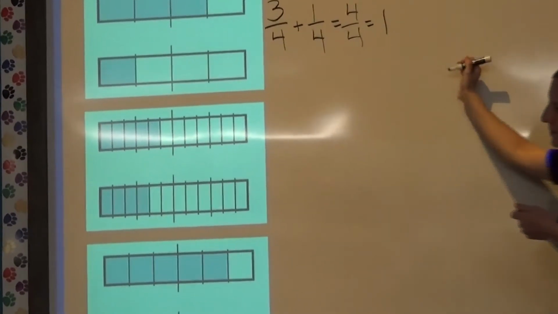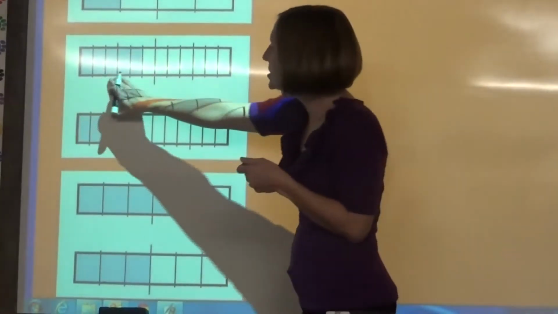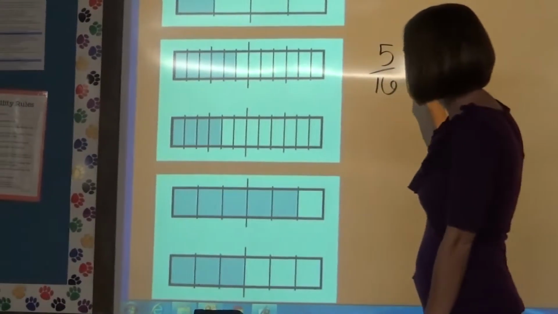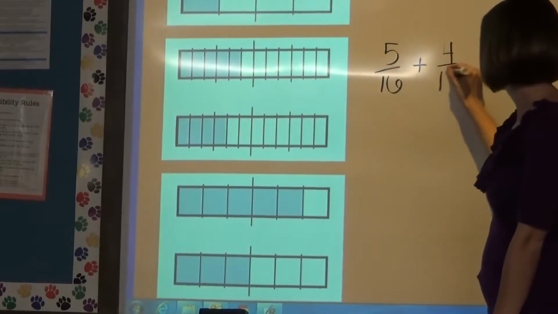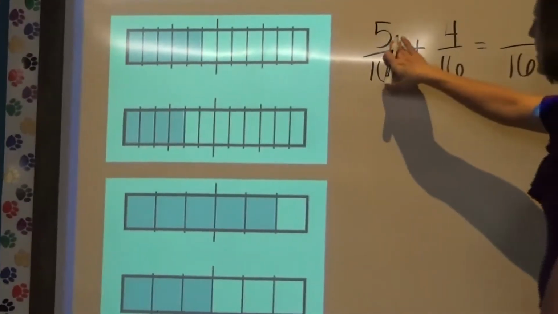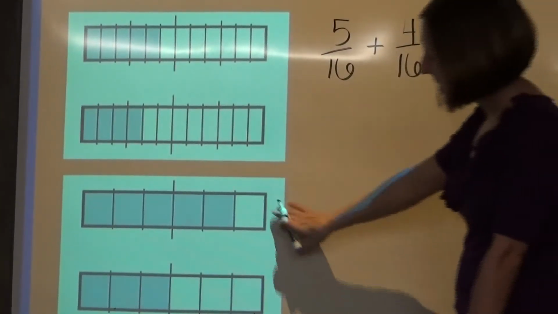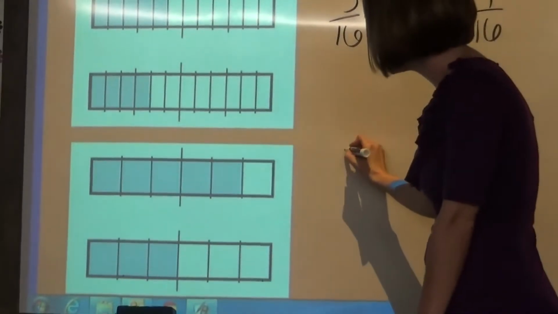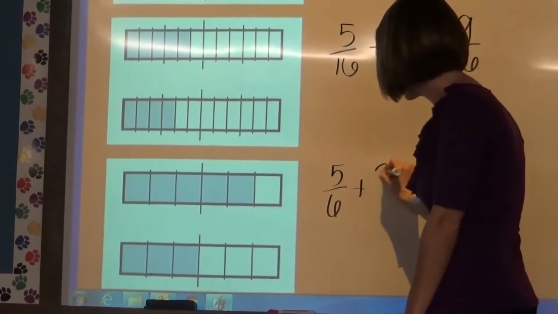If I add across, my denominator stays the same, and 3 plus 1 is 4, which is the same as 1 whole. Okay, down here I have 16ths. I have 1, 2, 3, 4, 5 16ths, plus 4 16ths. So again, I have my common denominator. I'm going to add my numerators. 5 plus 4 is 9. And then the last one, I have 5 6ths plus 3 6ths